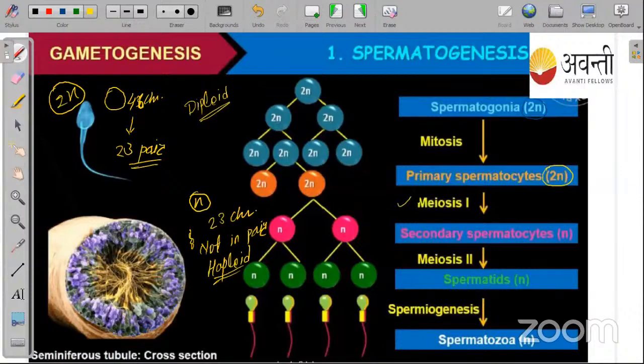So you can see here meiosis, that is after the primary spermatocyte. Okay, it converts into the secondary spermatocyte. Okay, and this primary spermatocyte goes through the reductional division, and this reductional division is known as the meiosis process. उसे हम क्या कहेंगे? Meiosis process कहेंगे. Okay, so you can see in this picture.